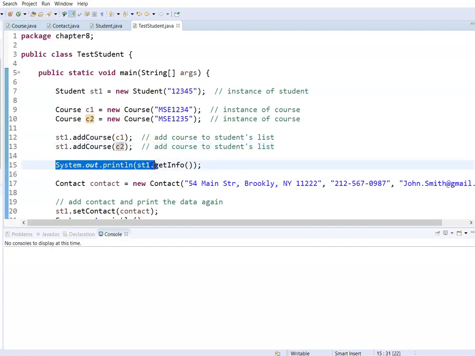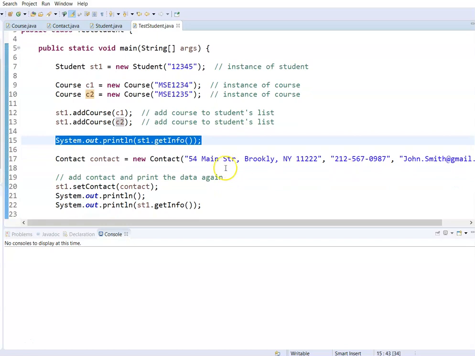And then we are printing out the information. So we're calling the getInfo method for std1, which is going to print all the information associated with that student. But remember, we haven't given it contact info yet. So when we print the getInfo, we should see that it's not going to have any yet, right? The contact information.